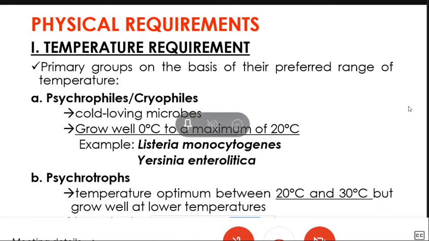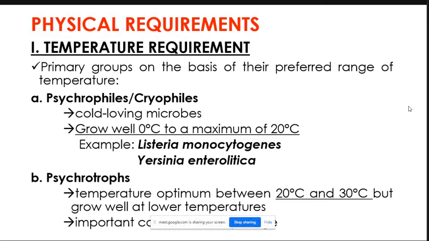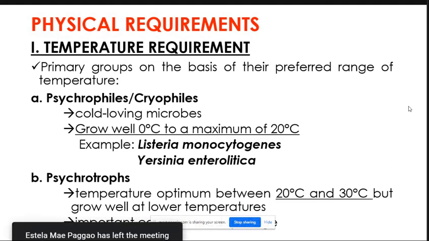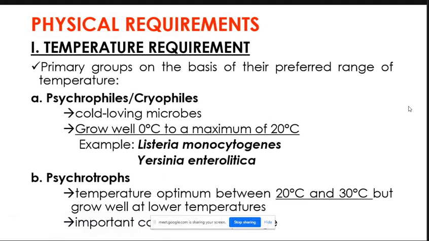Don't confuse yourself: there is a minimum temperature, an optimal temperature, and a maximum temperature. When we say they grow well, that could be their optimal growth temperature. So psychrophiles or cryophiles grow well at 0 to 20 degrees. Examples for this are: